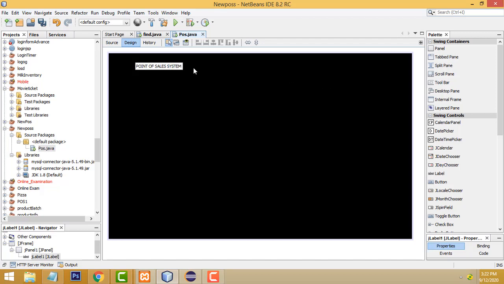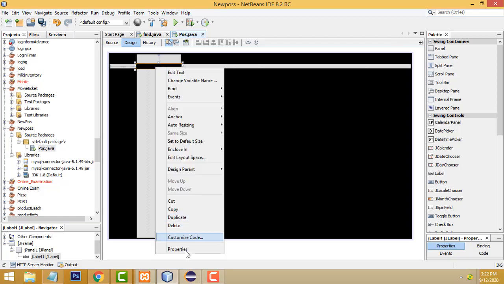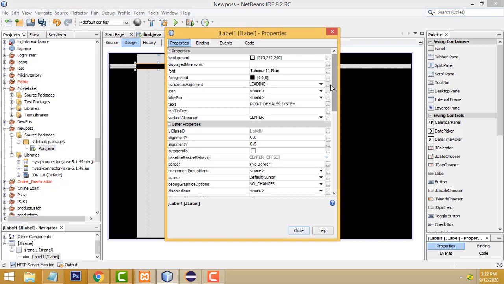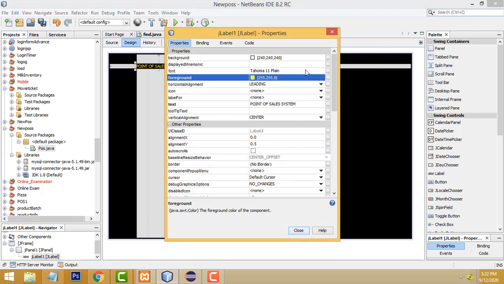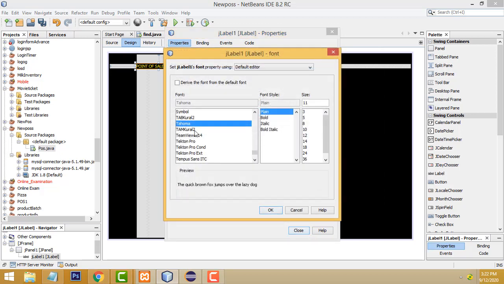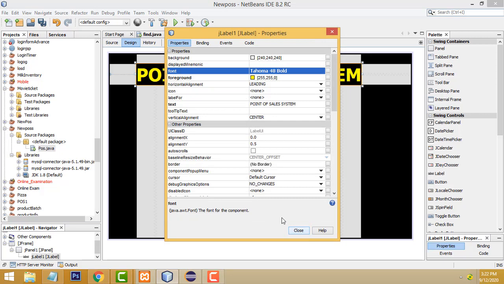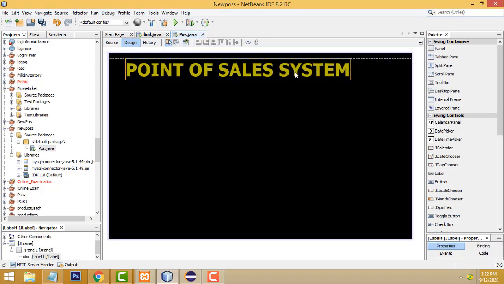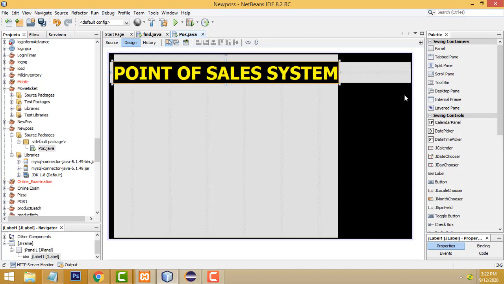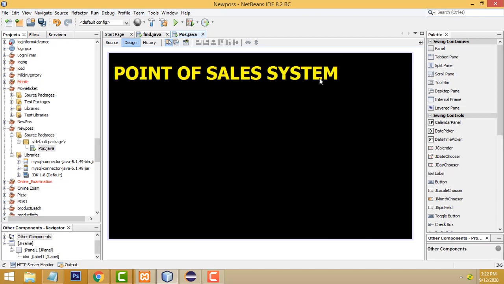Okay, you type all capitals, right? It looks nice. Now we have to change the font color, right? Foreground color. Select this one, yellow. We have to change the font style, font with bold 48, it should be the better one. Okay, this is the color, it's a perfect color for this one, right? Point of sale system,